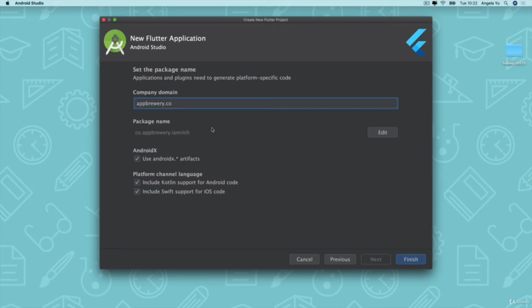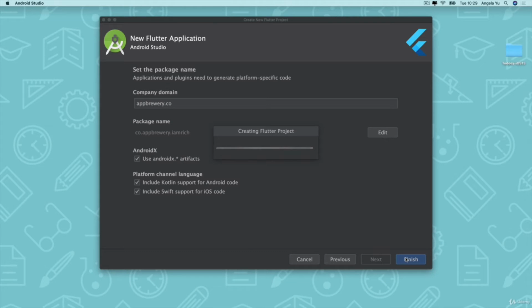Now, what should you do if you don't have a website or a company domain? Well, you can simply just type in your full name and end it with a .com. And as long as nobody has the same name as you who's tried to develop an app called I Am Rich, then you should be okay. If you do have a website that you own, then of course nobody else will own the website that you own, so it ensures that this is actually going to be unique. So now let's go ahead and click Finish, and Android Studio will create a brand new Flutter project for you,